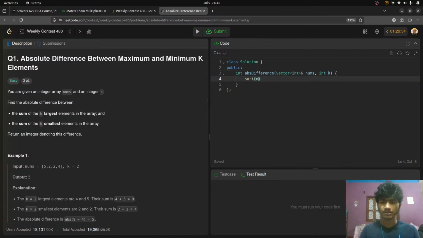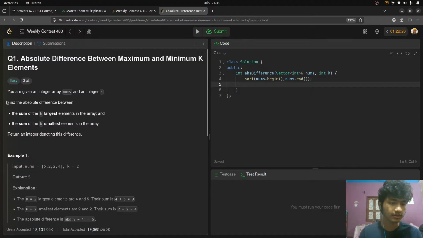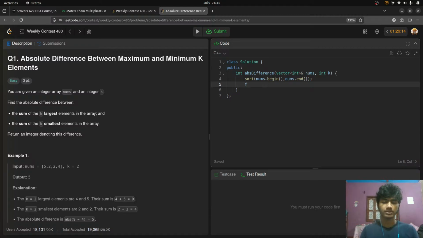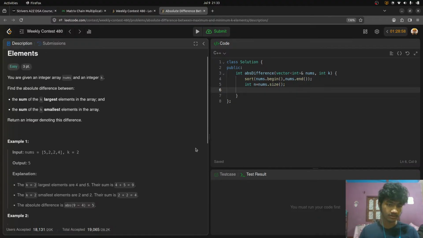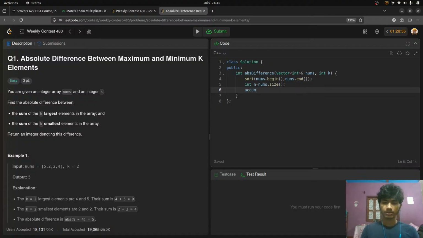Okay, I can just sort nums.begin and nums.end, correct, and then I'll find the absolute difference. So how can I find the absolute difference? I can just do, okay, let me do this. Wait, the constraint is just 100, so it's very easy. So accumulate